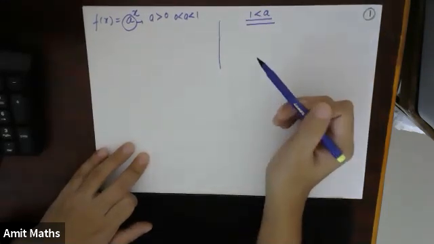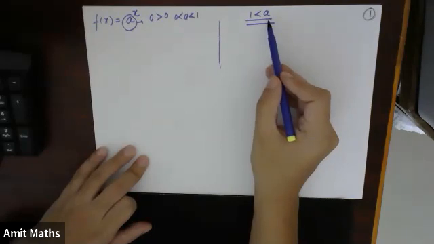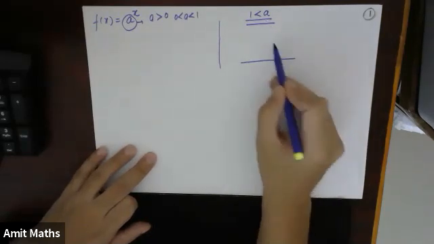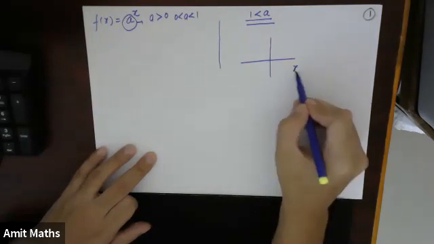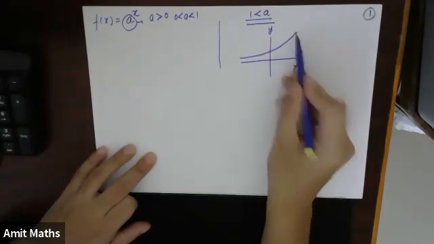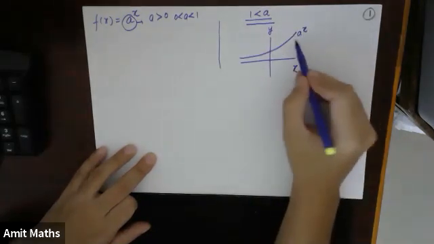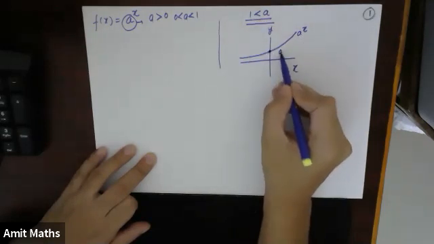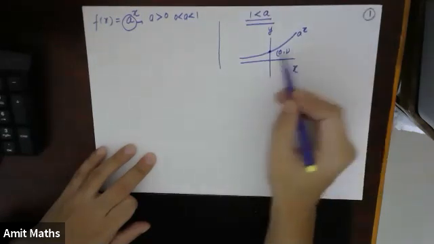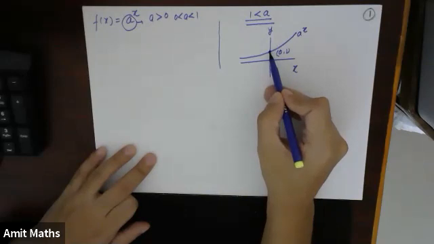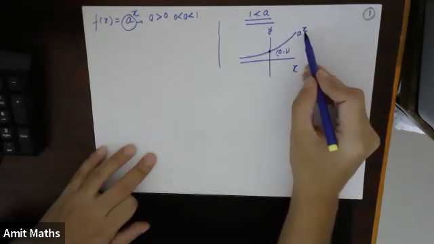First I'll draw the graph of the exponential function when a is greater than 1, for example e^x. We have seen the graph of e^x. Suppose this is the x-axis and this is the y-axis. This will be the graph of a^x when a is greater than 1. This point will be (0, 1), and for every a greater than 0 this point is common. Why? Because if I substitute x = 0, then a^0 becomes 1.